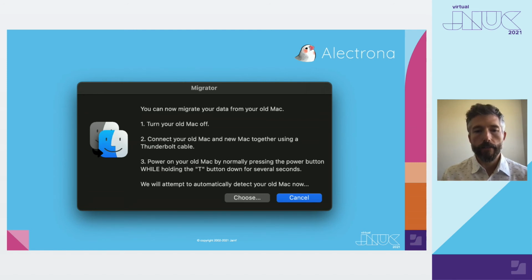Either they can connect the old Mac and new Mac together using a Thunderbolt cable, power the old Mac on while holding the T button. This is kind of the way target disk mode has worked for quite a while. And as this process is happening, they're connecting the device. We will then detect a Thunderbolt volume in the background. Or again, optionally, they can choose the Choose button here if they've already connected to their device prior to starting